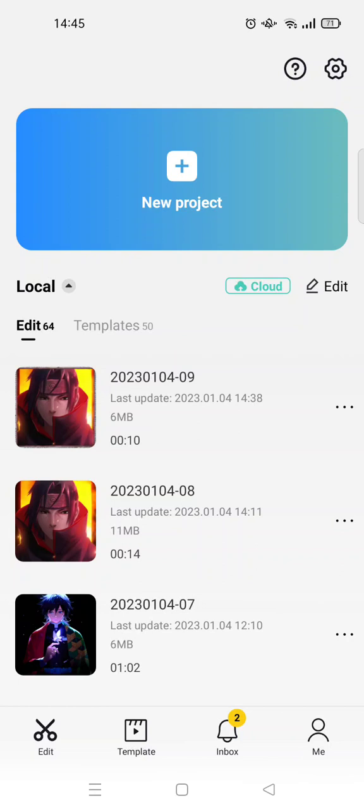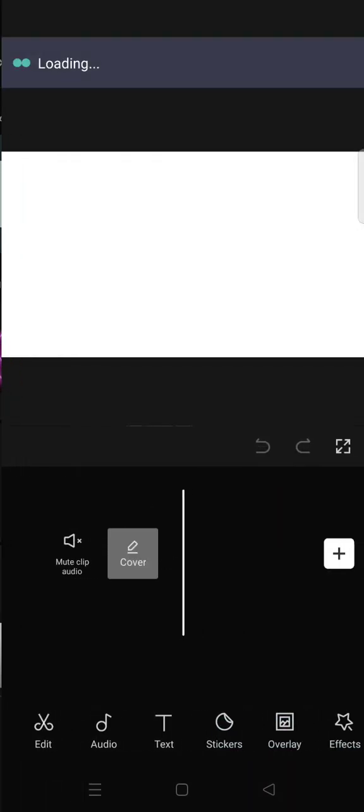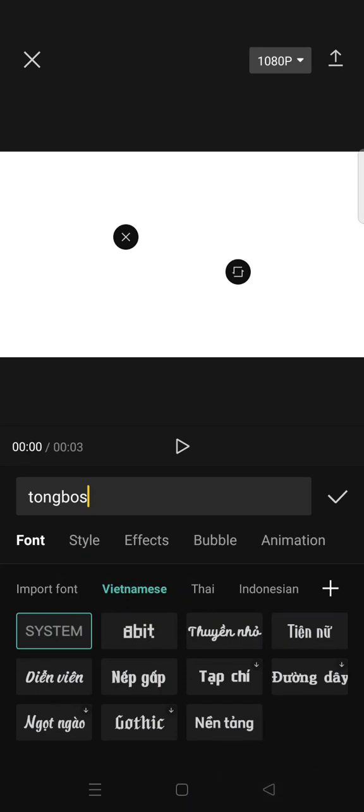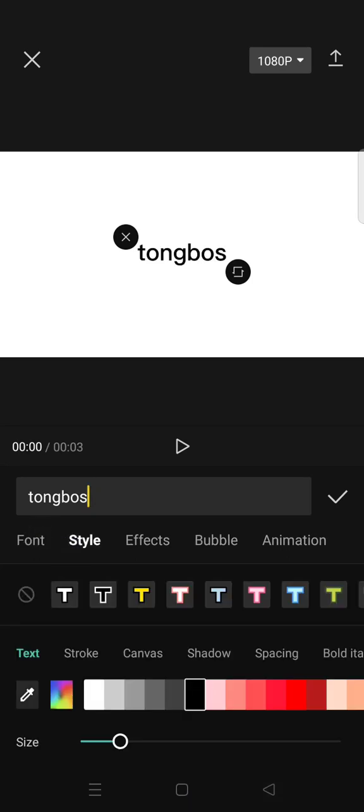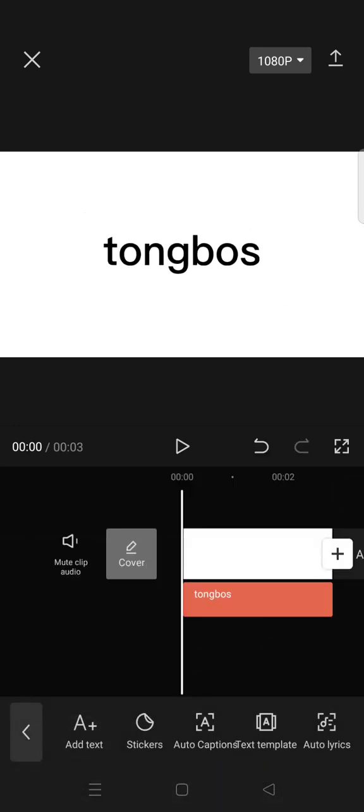On today's video, I'm gonna show you the waving text tutorial on CapCut. So first, start a new project and add a white background from the stock videos, and then add the text that you want. For example, I'm going to just add the text, and then change the font color into black. Like this, adjust the size, and then after that you can export it, or you can just screenshot like I did,